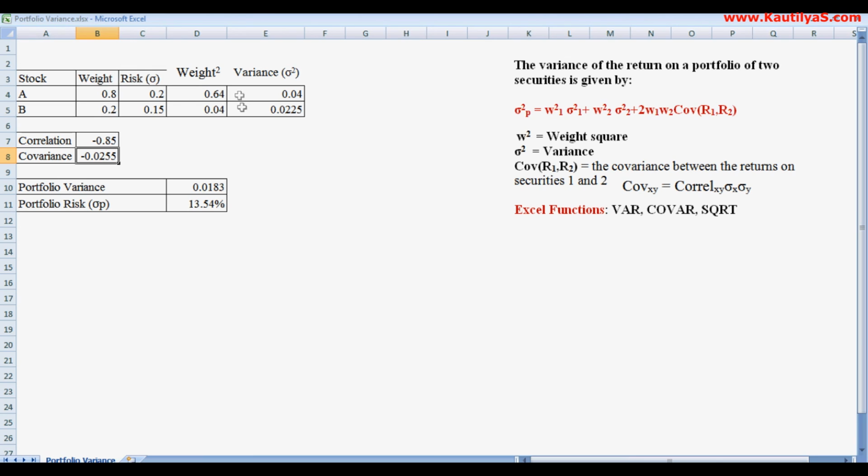So by creating a model similar to this, we can make a combination of various securities, and we'll simulate, we'll experiment with what the total risk proportion is when the weights change, when risk changes, and when correlation changes.